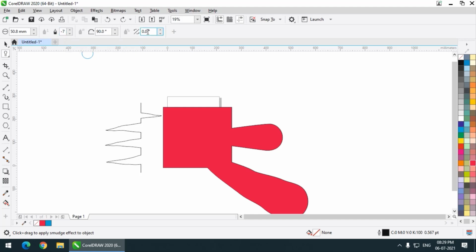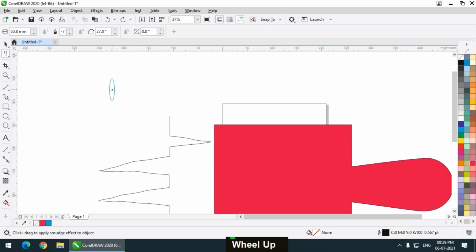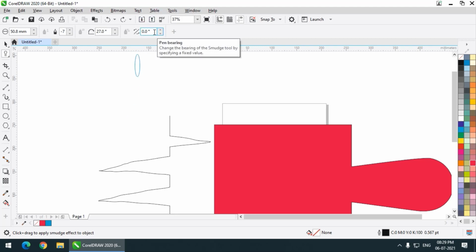and it will do the opposite if we keep the diode value negative. And this one is pen bearing: if we decrease this and use it, then the brush will get tilted. As you can see, it was perpendicular, now it is a bit tilted. So you can use this option, pen bearing, according to your requirement.